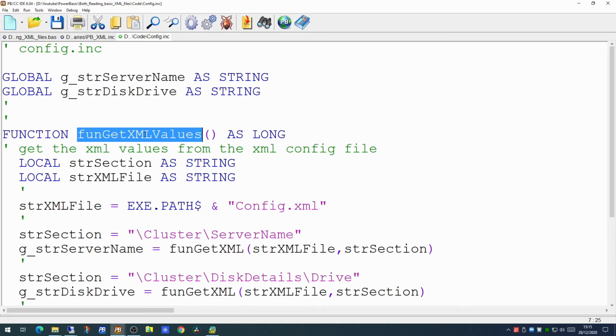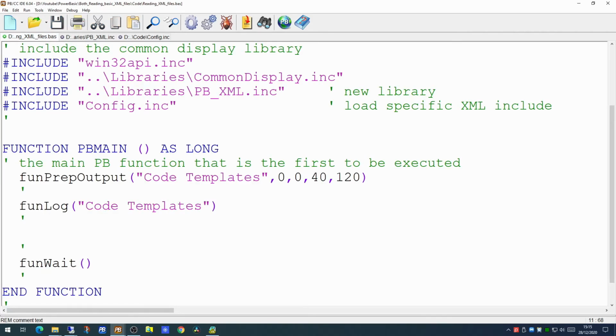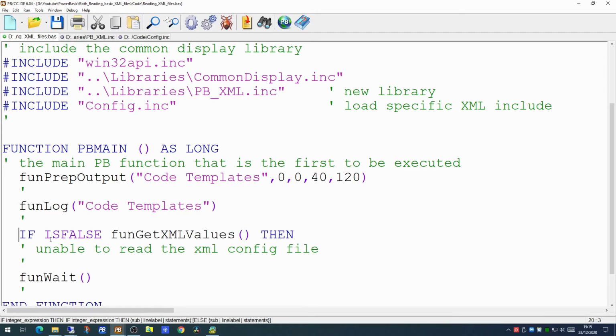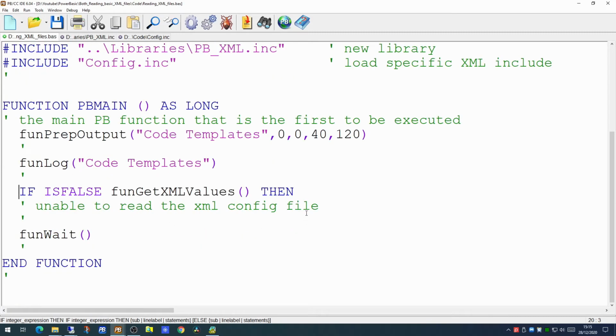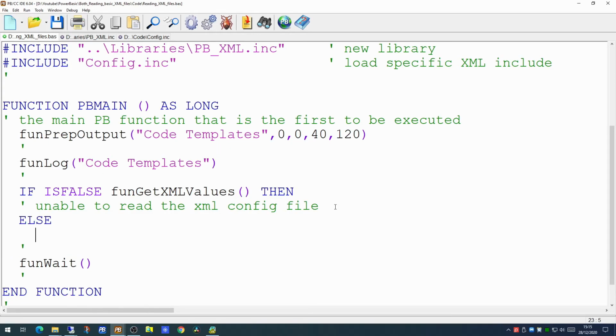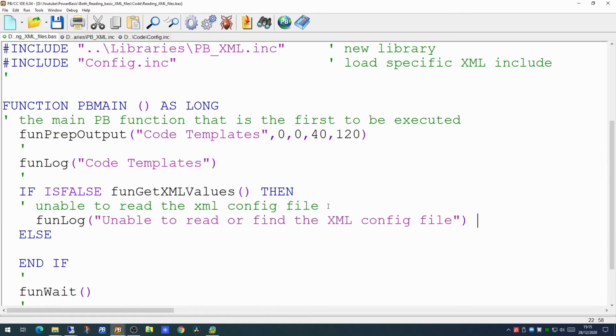So within the main code, we merely have to call this function. If we go back to the PB main, we make a call to the getXML values. Now if this returns false, then we could not read the file, or the values within the file are blank. So if we cannot read the file, or we cannot find the file, we'll push a message out to our log, and at that point the application will end. If the file is read correctly,